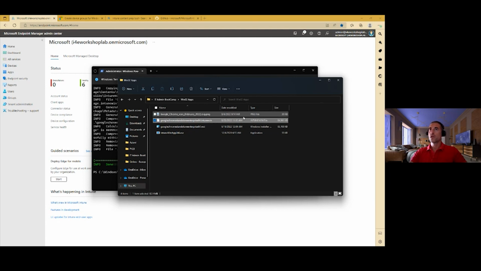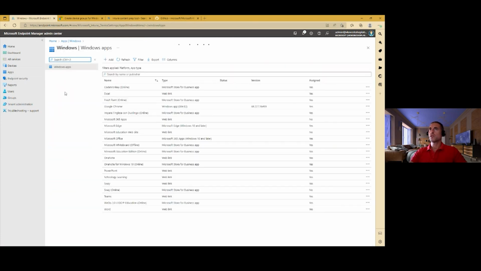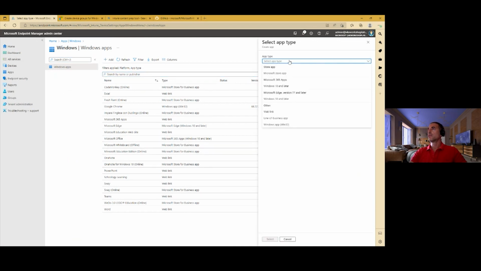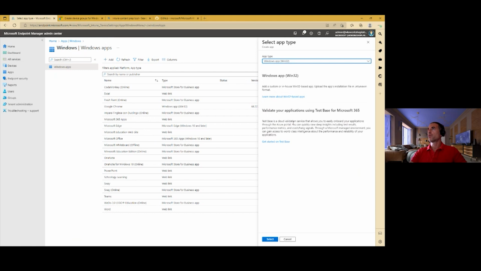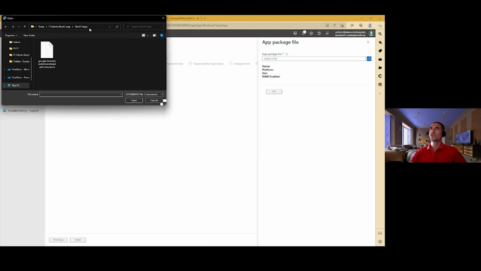has been created. So now let's move into the Endpoint Manager console. I'm going to select Apps. In this case, it is a Windows app. So I'm going to select Windows, Add, and select Windows App Win32. Hit Create. The very first thing, I'm going to select the file that I've just created,